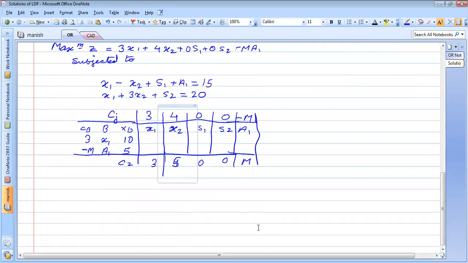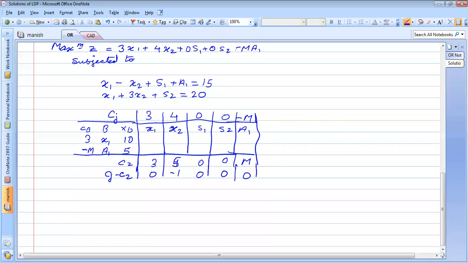So your Cj minus Zj values will be 0, minus 1, and 0, 0, 0.